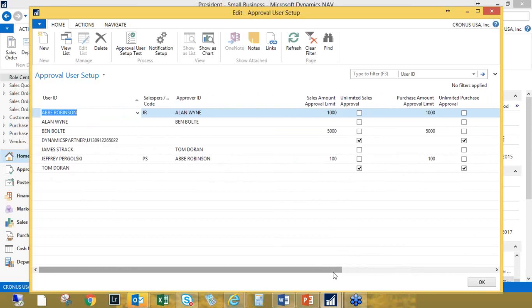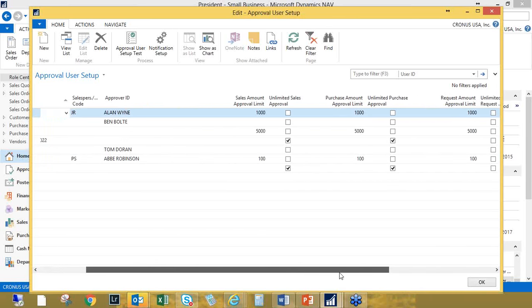Everything I'm going to show you today is stock. When workflow really starts to make sense, it may require some customization, but it may not. So out of the box, you can define users with different sales approval amounts, different purchase approval amounts,